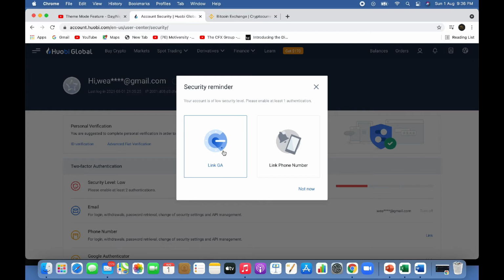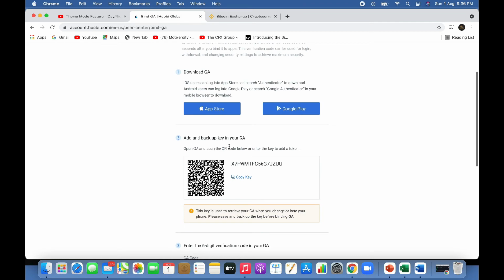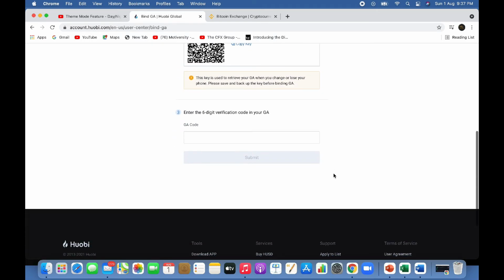And how do you do that? Get to your Google Authenticator apps. You will be able to see a plus button. Click the plus button. Once you have clicked the plus button, just make sure you choose whether you want to go for Google Authenticator or phone. I'm going to go for Google Authenticator. When I click Google Authenticator, you can see here it will be asking me to scan the QR code over here. So I'm going to scan the QR code from my Google Authenticator. And thereafter, I'll be able to see the 6-digit code. And I'm going to key in the code over here, and I'm going to submit.